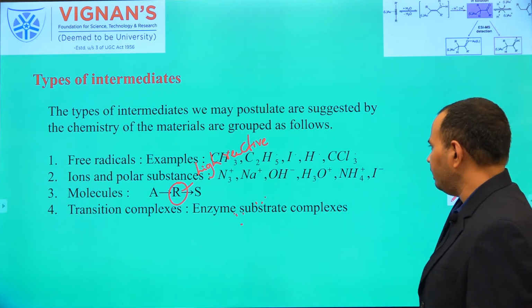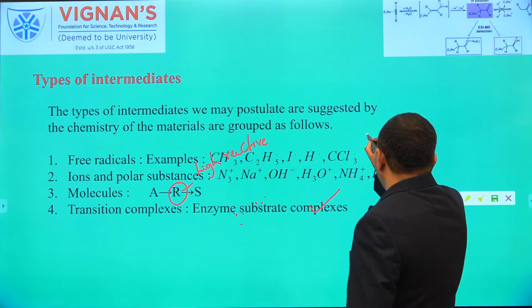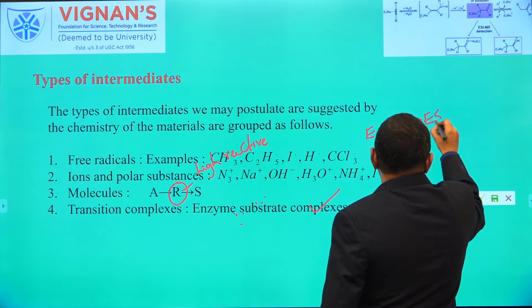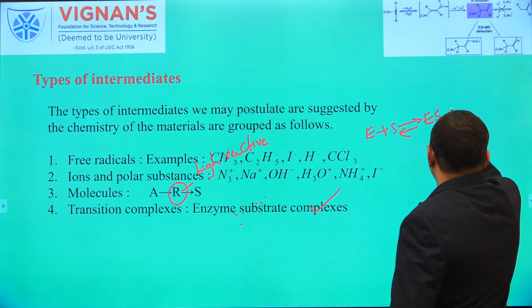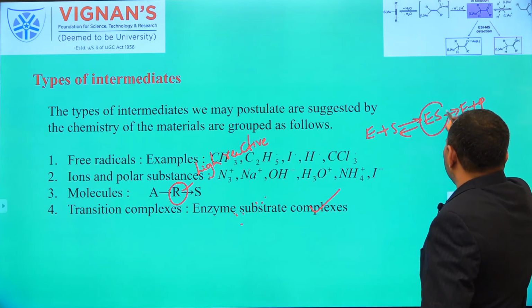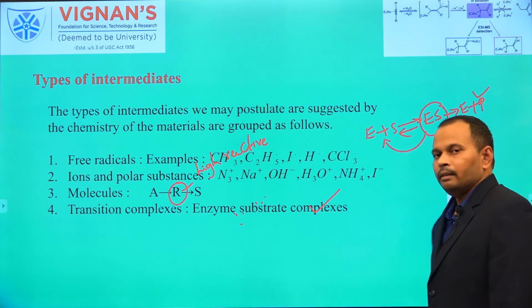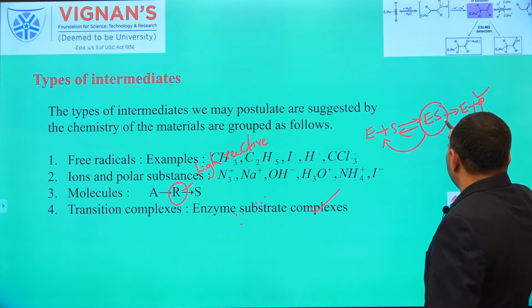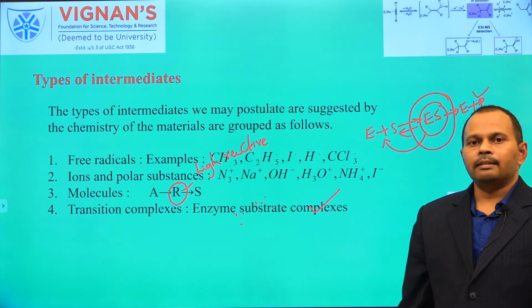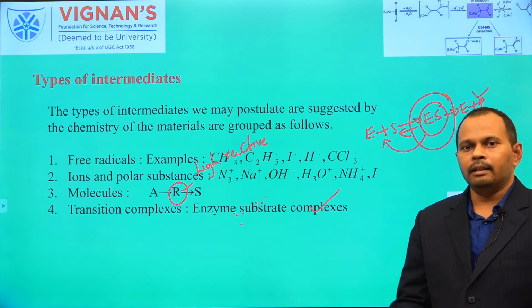The best example is enzyme substrate complexes. When substrate binds to the enzyme, we can have the formation of the ES complex. By disappearance of the ES complex, we can get E and P. When you observe this, from ES sometimes we are getting the product P, and sometimes ES returns back to E and S. So, the ES can be considered an unstable form of the molecule or unstable association of the molecules, which sometimes decomposes to give products and sometimes by further collisions returns back to the reactants.